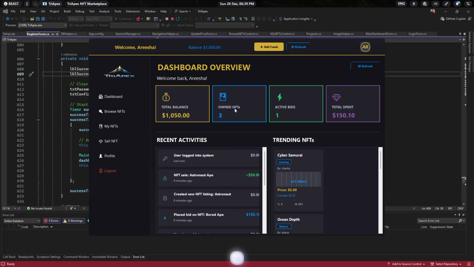In the main dashboard, we can see the user's balance, owned NFTs, active bids, and total spent by the user. Here we can see the recent activities like placed a bid on this one, created his own NFT sale, this NFT is sold by this user, then a user logged in to the system, and trending NFTs